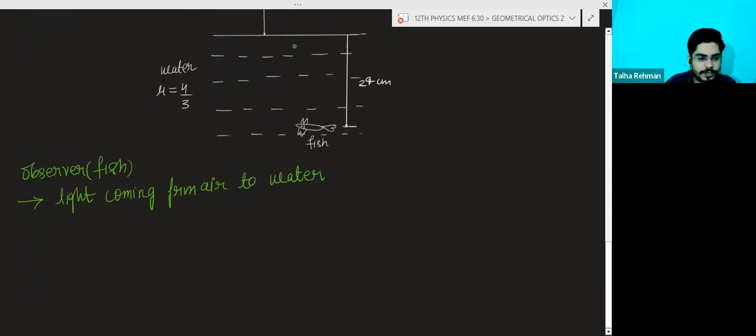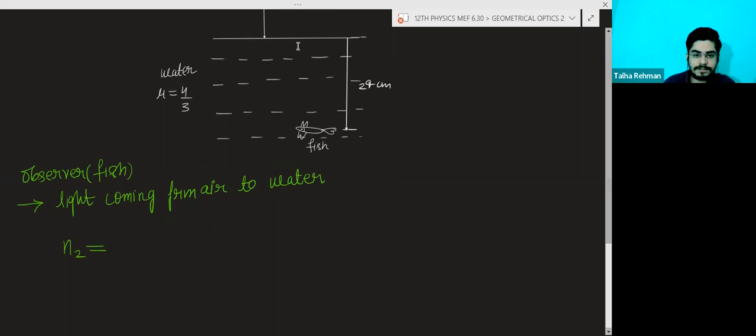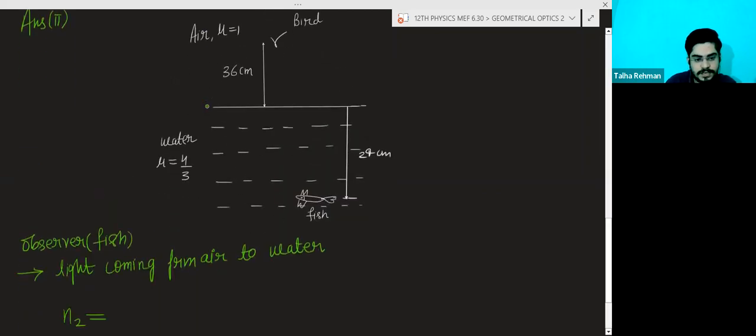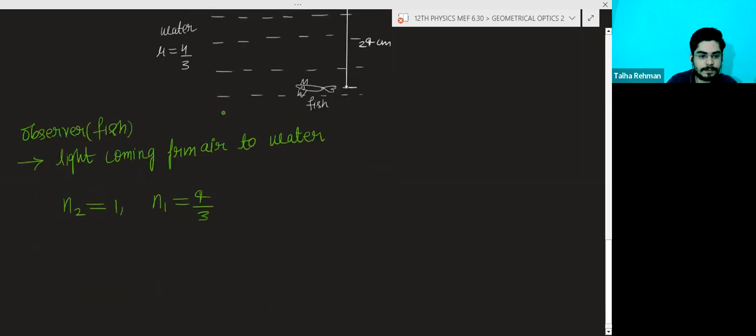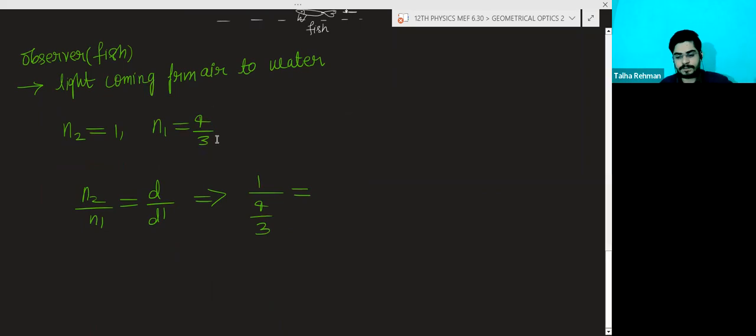Now what will be N2 here? N2 is the refractive index of the medium from where the light is coming. So this time the light is coming from air, so N2 is 1. And what is N1? N1 is equal to 4 by 3. Now very easily you can apply N2 by N1 is equal to real depth divided by the apparent depth. So N2 is 1 and this is 4 by 3 is equal to